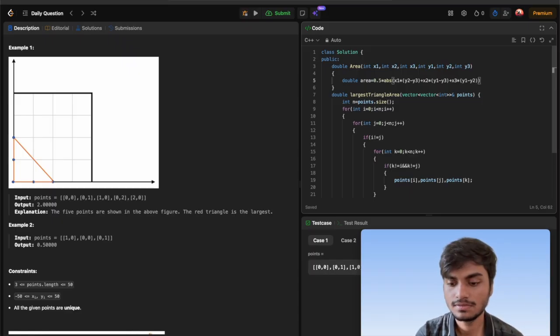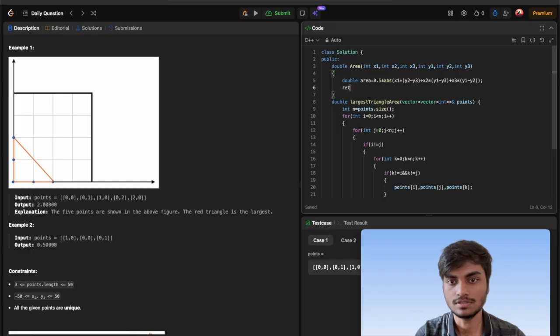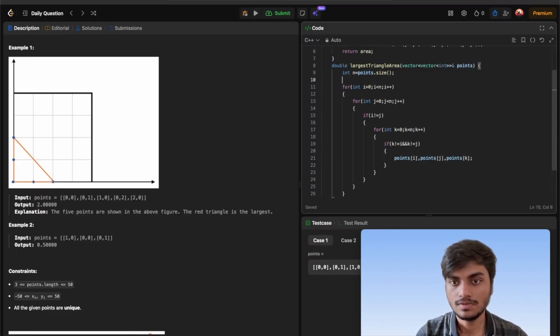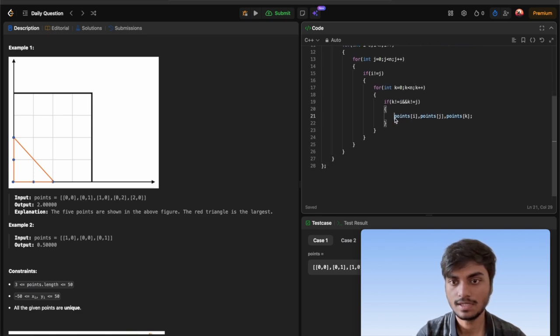That is it, and we'll return just the area, and here we have to find out the area. So we'll consider a double value maxi with the minimum one,